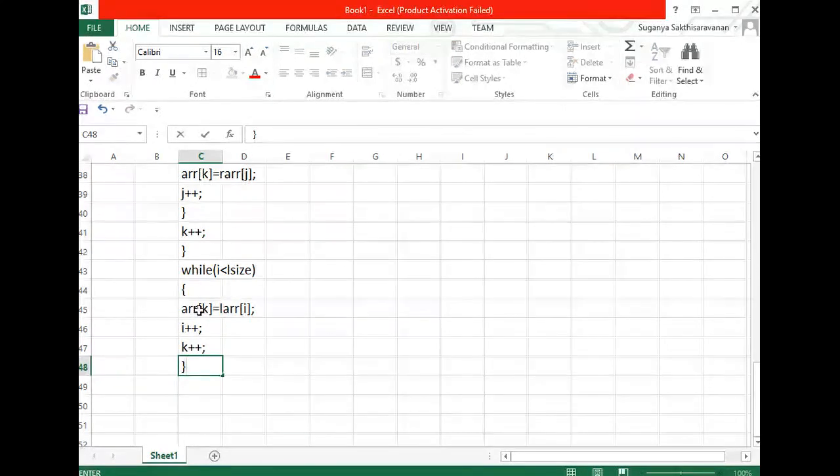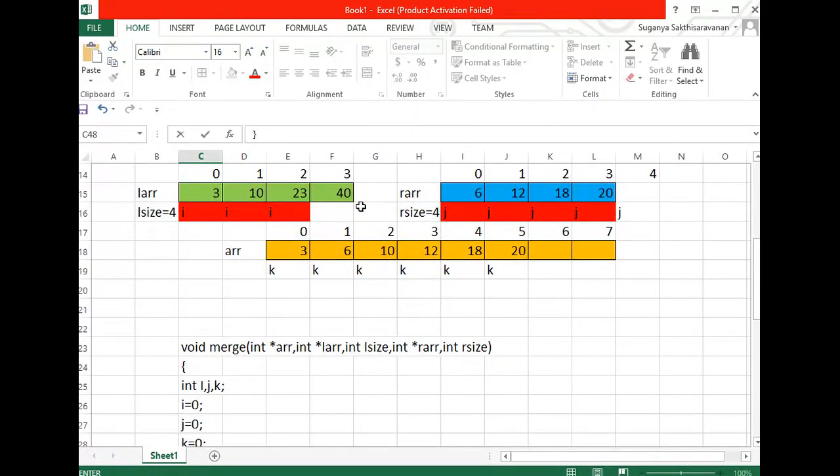So now let us go here. I'm assigning this i value here, increment i and increment k. You can notice here, my condition is true. So right now your k pointer will be here, so this value will be brought to this position. So 23. After this your i pointer will be incremented, and same way your k pointer also will be incremented. Again the next value will be brought here until my i value is less than your size value. Once your i value reaches beyond its size, which is nothing but when it reaches 4, your loop breaks. Is it clear? So if at all some leftover element is in the left array, I brought all the values to the newly formed array.